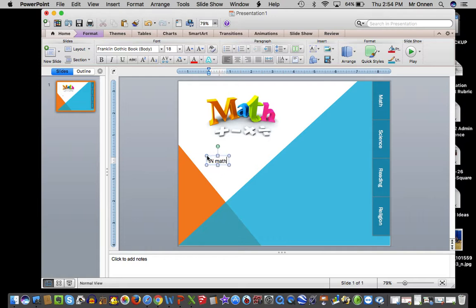In math, we are learning about... I'm going to blow this up. If I'm in the Home tab right here, I have my font, and this is all font editing. I'm going to blow it up a bit. In math, we are learning about,